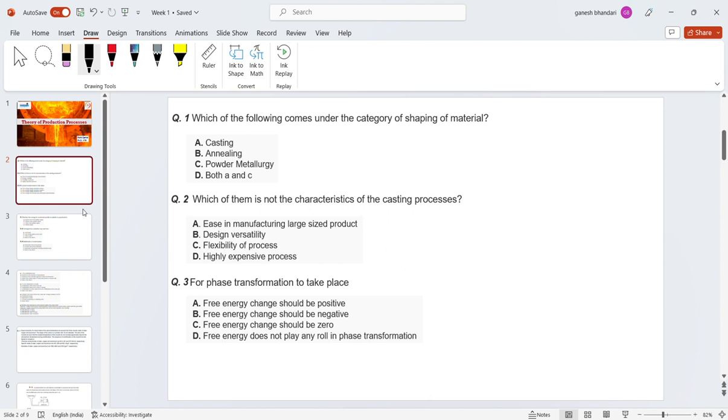On the other hand, if you talk about sand casting, we get a very rough surface. Over time it has grown so much that we can't say it is a highly expensive process. Compared to other processes, casting is very cheap. But yes, the cost for some processes like injection molding, or one or two more processes that give a very fine finished surface, is higher. Still, it is comparatively cheaper than other processes. So option D is the wrong answer.